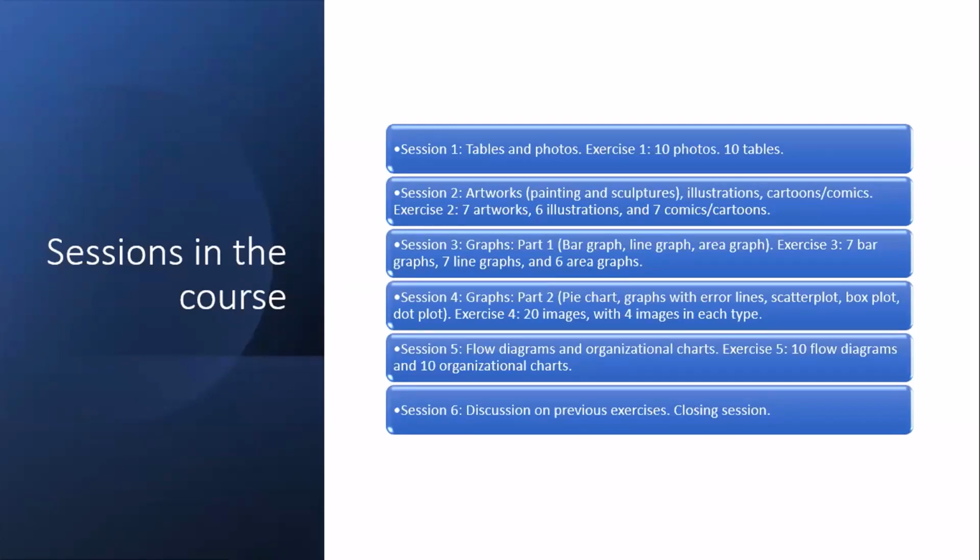In addition, after the 6th session closes, we also train people on how you can use AI to write your alt text better, and also where not to use AI, because we have privacy issues and we have to be careful about copyright. So all this comes after the 6 sessions are over, when you have an idea about what alt text is and how it has to be written. Later on, we take you through how AI can be used to write alt text.